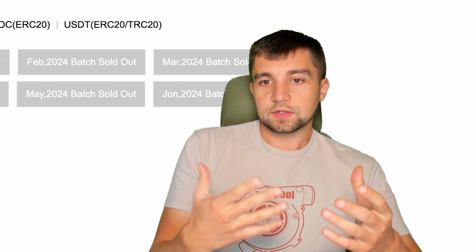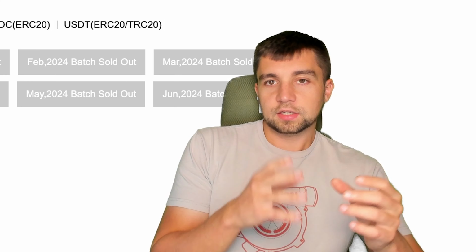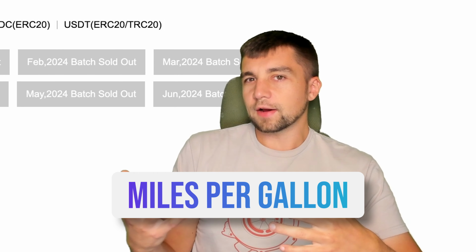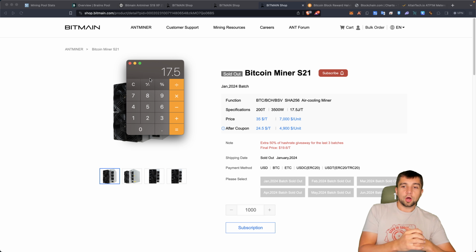So it's essentially how much electricity you're spending compared with your hash rate, and think of it kind of like MPG, miles per gallon, but in reverse. You want a higher MPG for better fuel economy. You want a lower spend on joules, which is a measure of energy, or watts per terahash. So for example, 16 joules a terahash would be more efficient than 20 joules